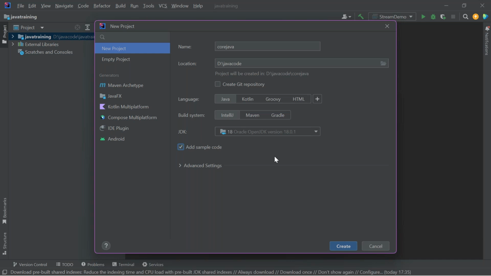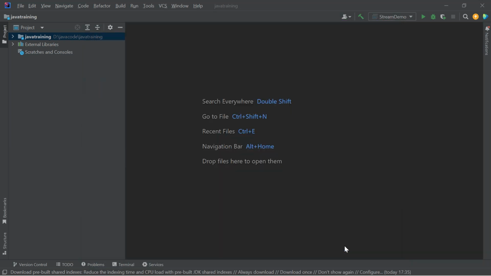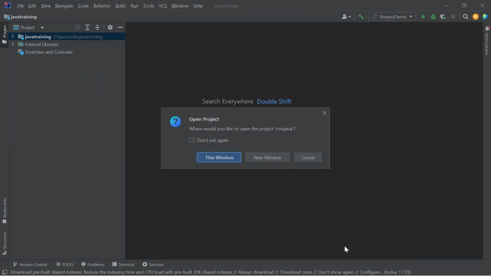Here also, I want a predefined code with a basic skeleton for a Java program, meaning these are the basic things that need to be there. I will be covering in subsequent sessions what the basic things needed for a Java program are. It will be created automatically. For that, what I have to do? Add sample code. I will click, and straight away click on the create button. So this window.